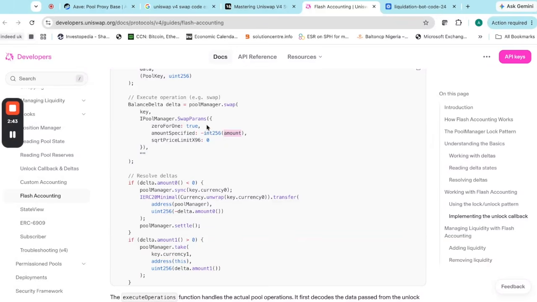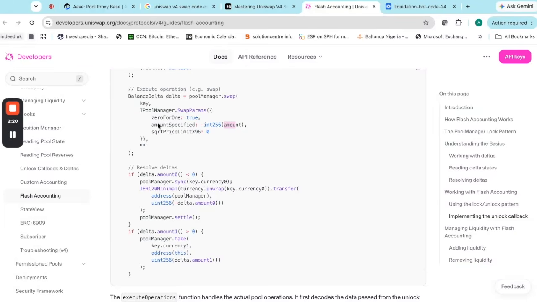All right. So if it is positive, it means that we are interested in getting 100 euros out as output. So it should tell us how many dollars we need to put in. All right. So all these you will see when we start implementing it. All right. So after this,